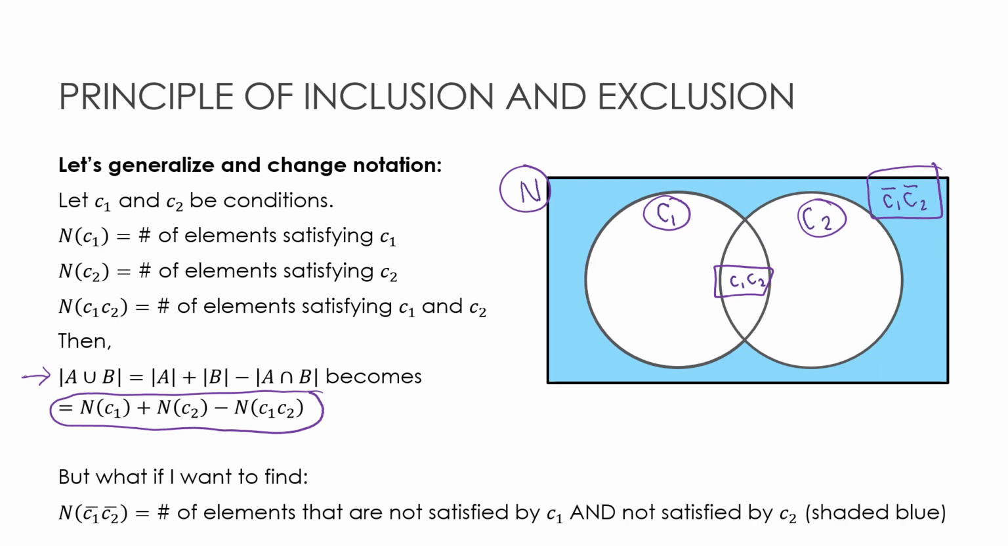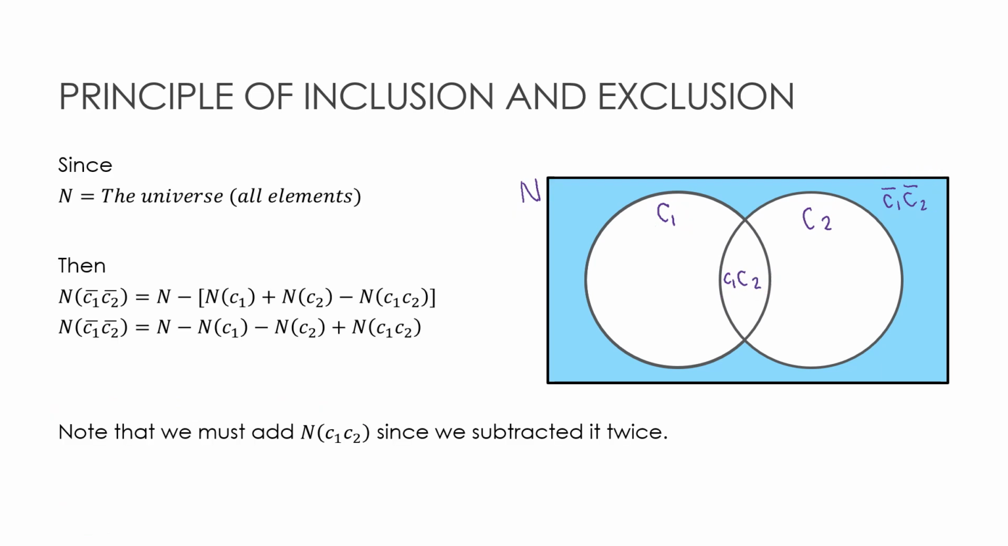So if I wanted to find this number on the outside, not C1, not C2, how am I going to do that? So if I'm trying to find this region, it makes sense that I would just take n, which is everything inside of the rectangle, and I want to subtract everything that's white, which before we looked at as A union B. But of course now we're changing up our elements, so instead of saying A union B, we're saying, just like we talked about on the last slide,